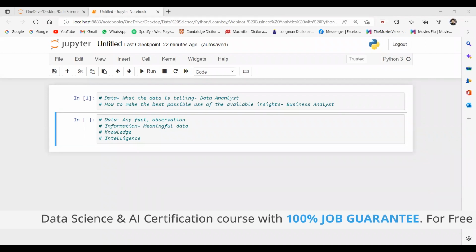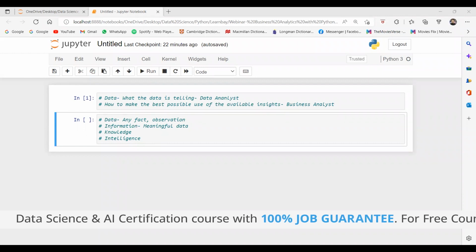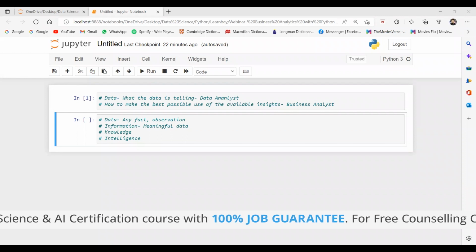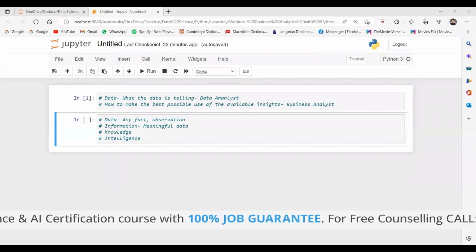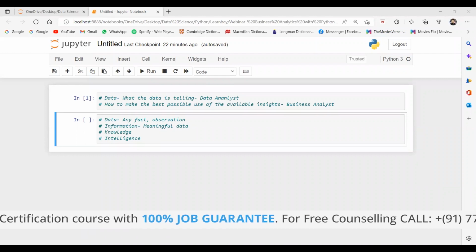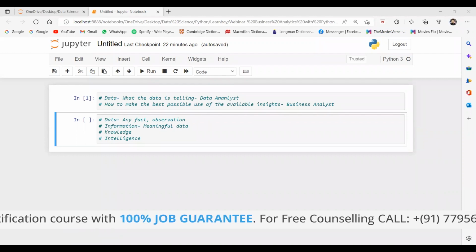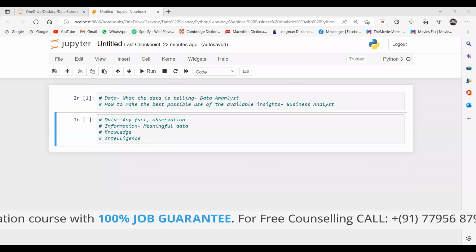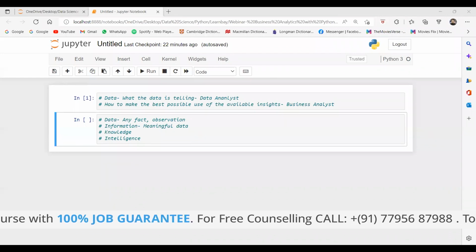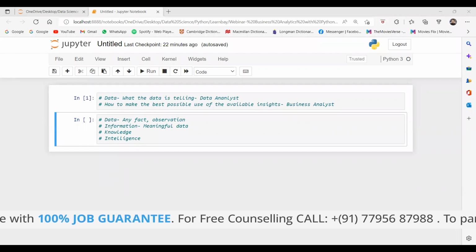Apart from the skills of a data analyst, a business analyst should know interpersonal and communication skills, how to deal with the customers and how to negotiate with them. So it's a kind of managerial role. You can understand it as a combination of technical skills as well as managerial skills.